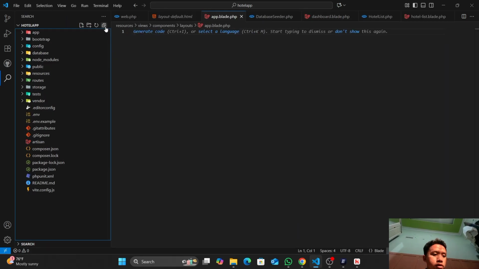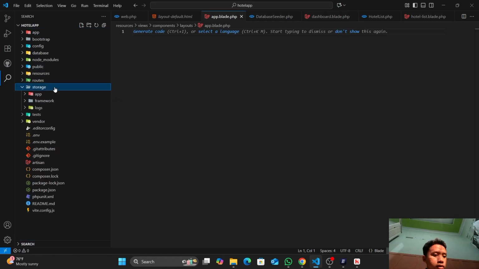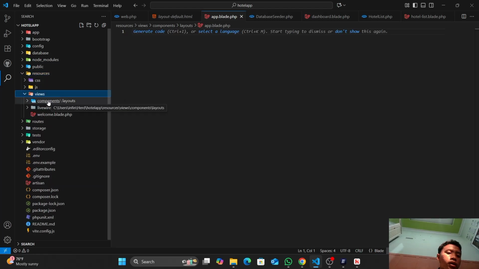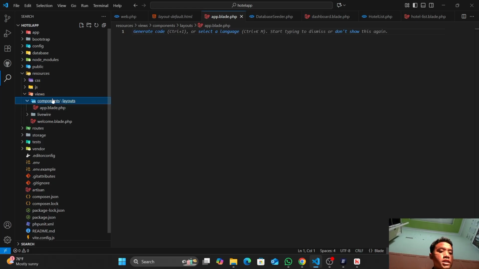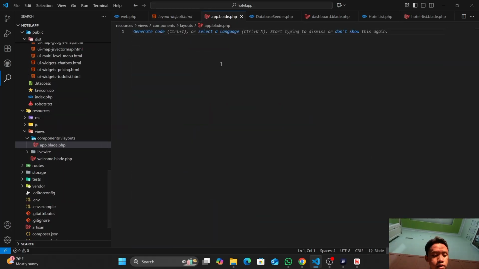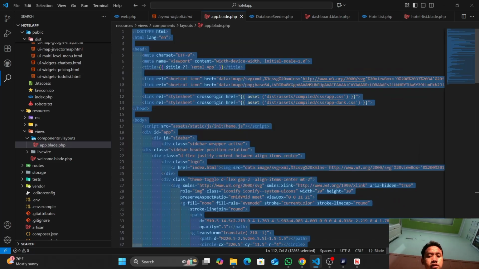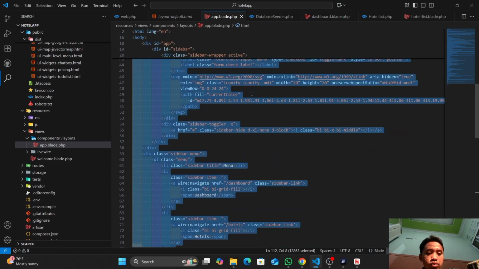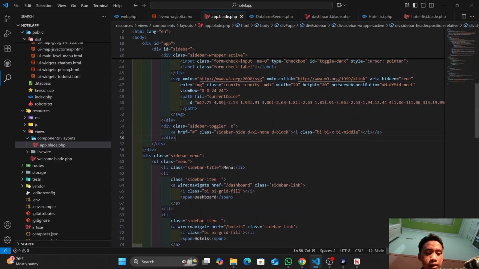This template is especially about the sidebar. All right, the focus of the template is just the sidebar. Then we make a components folder, and after that a layout folder and app.blade.php.